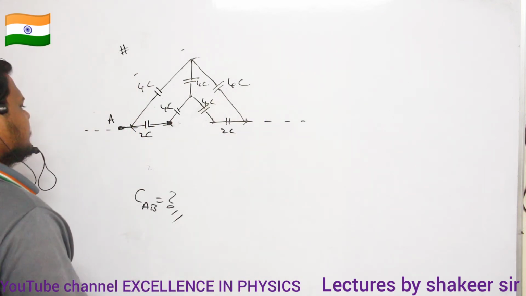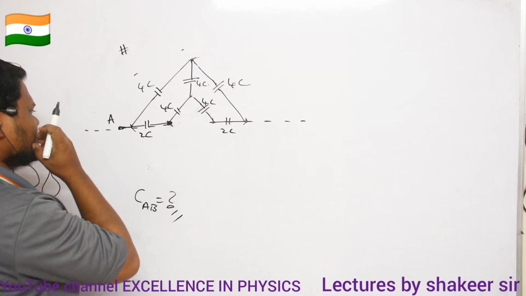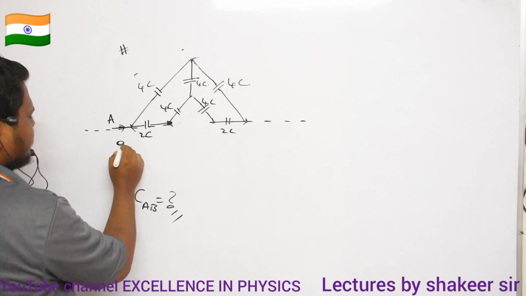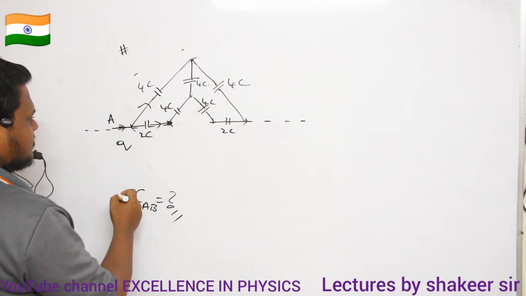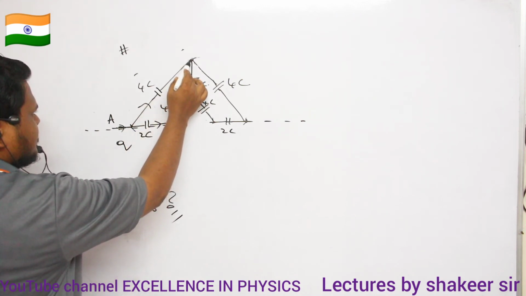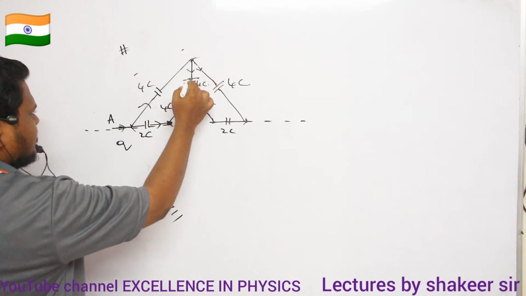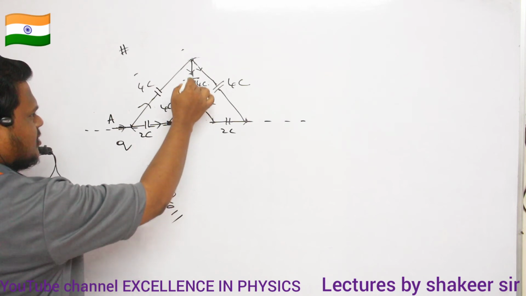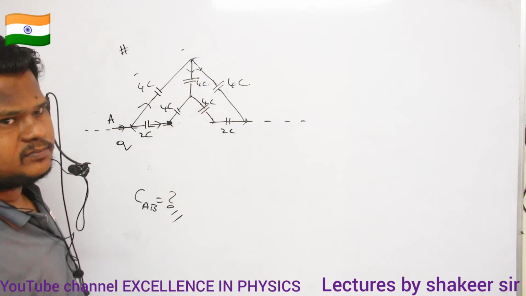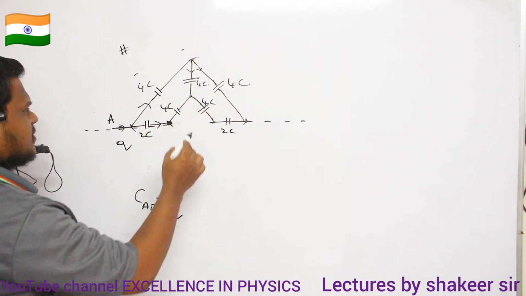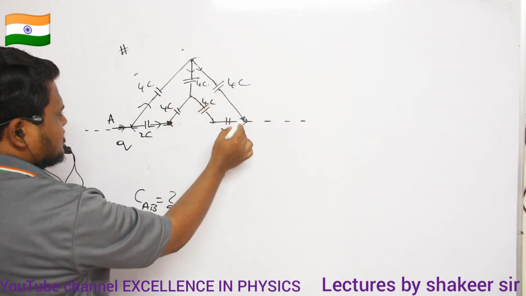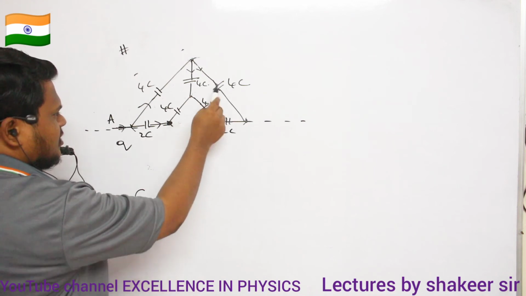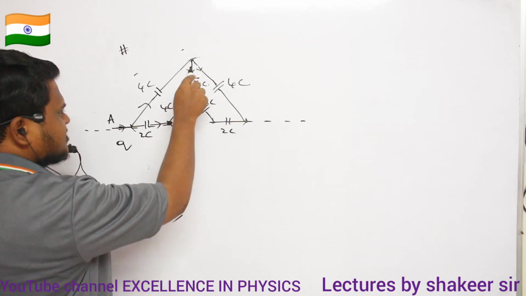Clear? Okay. Now can you say which capacitors are in series and which capacitors are in parallel? So charge enters from here, it will get distributed into 2 parts. And then the charge which has entered here, it may get distributed into 2 parts. So therefore, all these capacitors, they are in parallel with this capacitor of 4C. Are you able to understand, all of you? So charge after entering into this one, 4C, 2C and 4C, they are in series connection. And all of them, they are in parallel with this 4C capacitor.